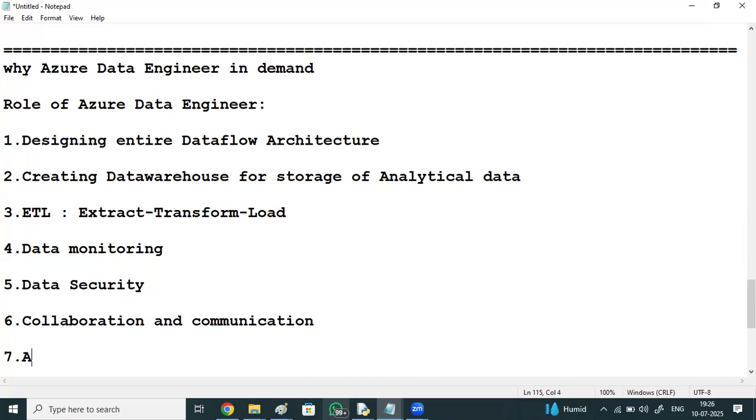And analytics. Data engineers analyze the data and transform it into a structured and useful format. They need to have strong analytical skills to perform this kind of analysis.